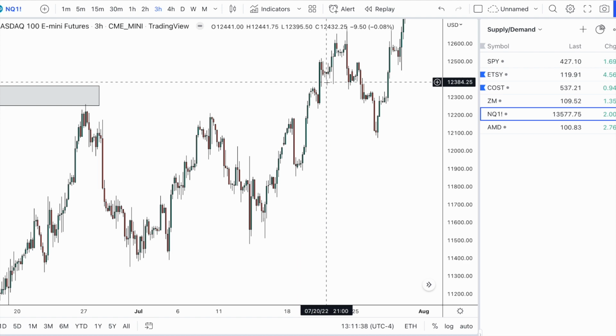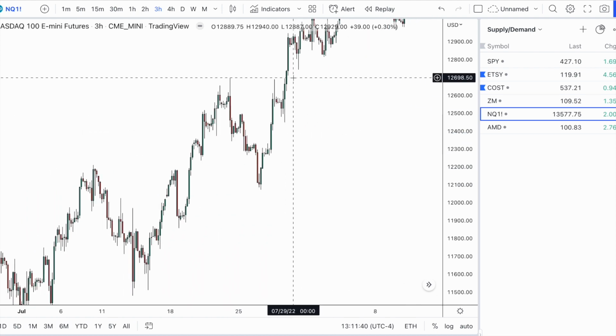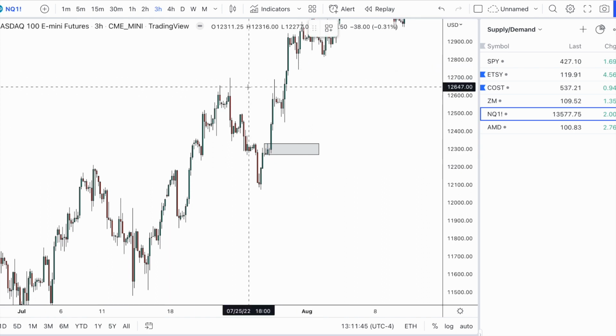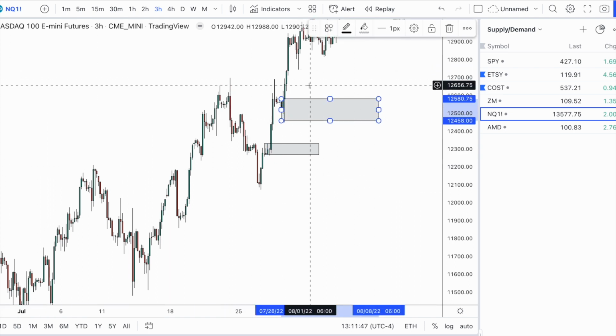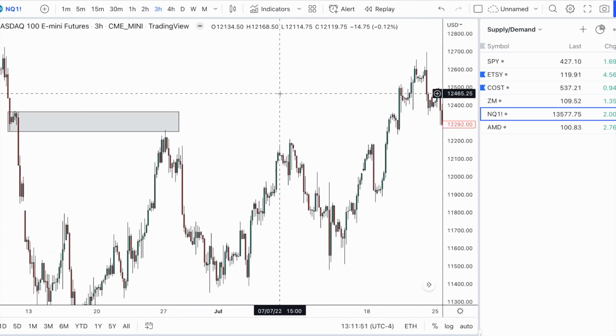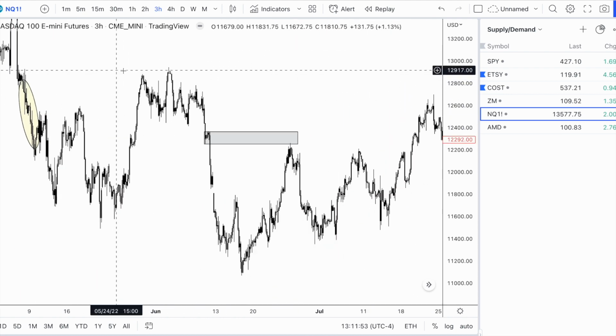We get the fast moves, right here we get the very fast moves. This would be a really good zone. This would be a zone, not the greatest, right? It's still a little choppy, but we get a decent move. So it really just comes down to speed, right? And looking at zones,